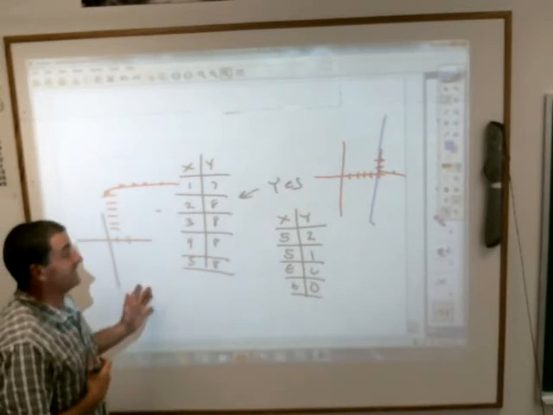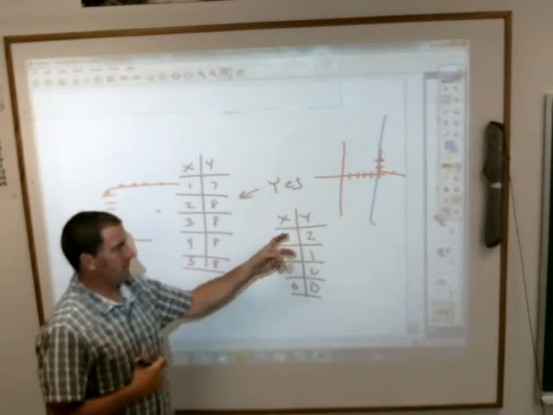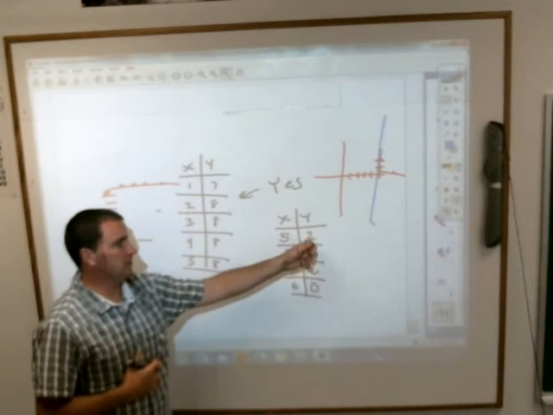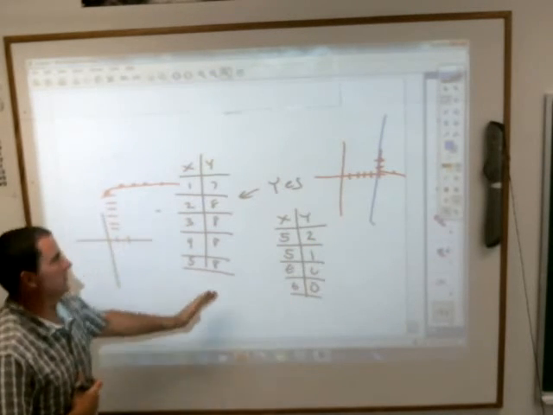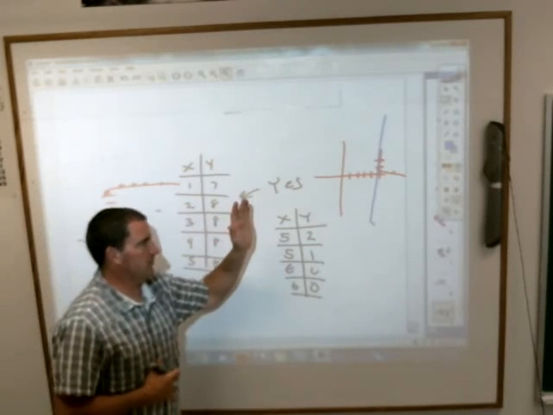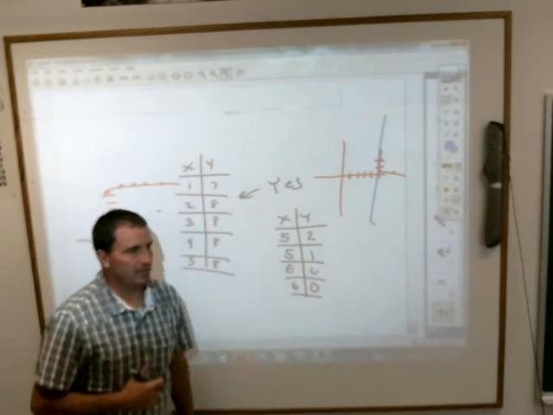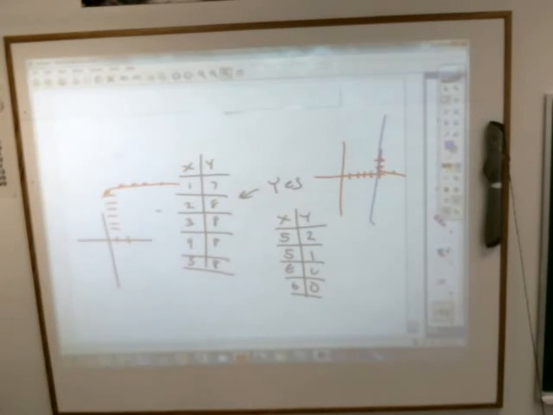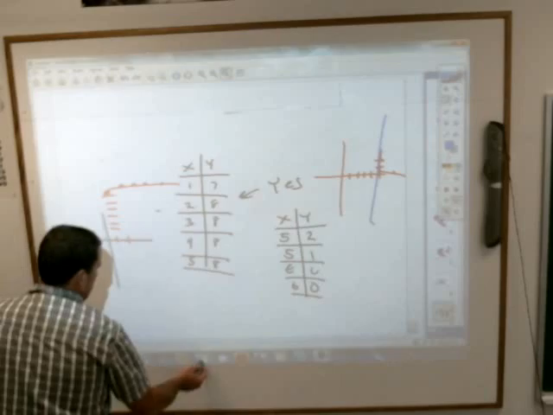So in order for something not to be a function, it'd have to be the same x value with different y values. You can have different x values with the same y's, but you can't have the same x's with different y's. It gets a little confusing, and that's why it's good to have a little bit of note and refresher thing there. Yeah, maybe we should take a look at something. I'm going to stop this and give you a little